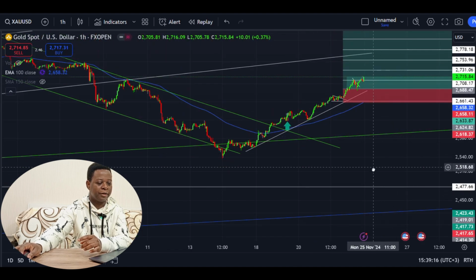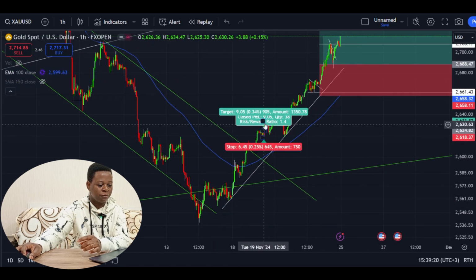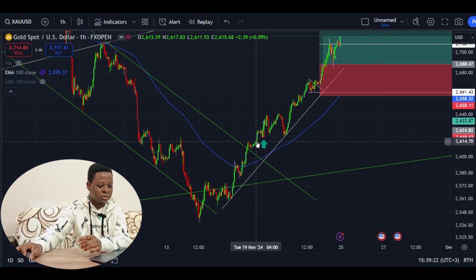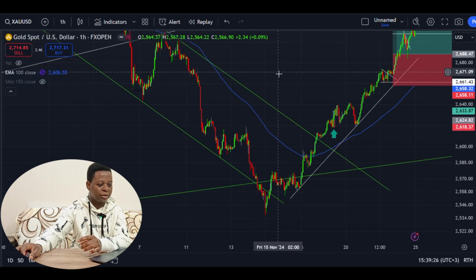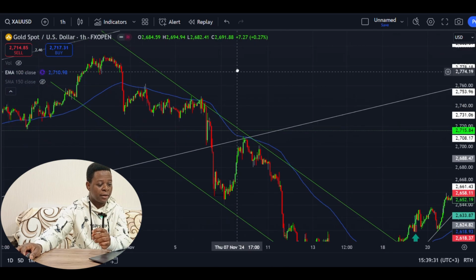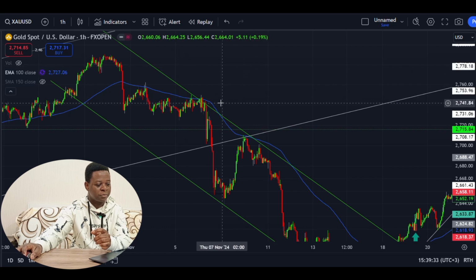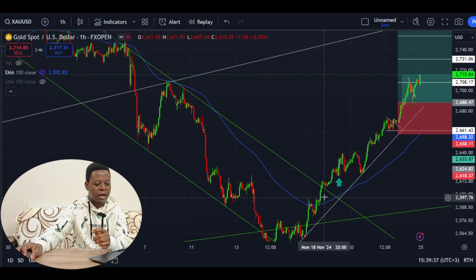This is a weekly trend line. And as you can see, when the market was moving up here, it crossed this area. You can see here, it crossed my trend line, which has been respected for some time. So guys, look closely. The trend line I drew was respected once, twice, three times, you see, and after that